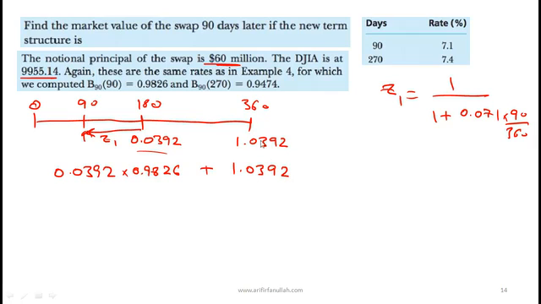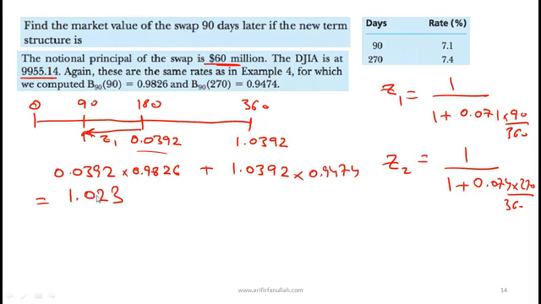This is the payment over here multiplied by Z2. What will Z2 be? Z2 will be 1 over 1 plus, and what's the 270-day rate? It's 7.4%. 0.074 multiplied by what? Multiplied by 270 over 360. So that number is 0.9474. Okay, so if we do this entire calculation, what we will get is